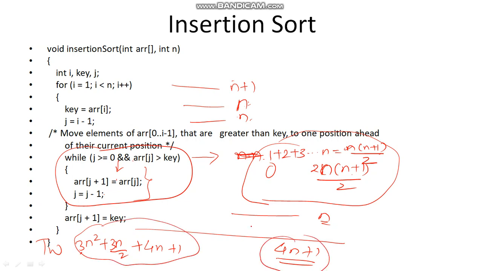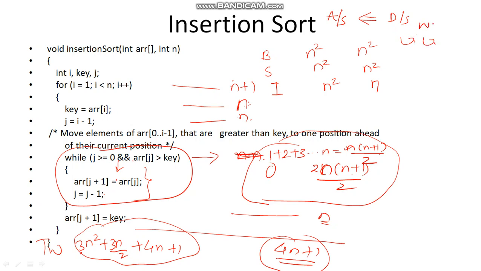In all the previous 3 sorting techniques, we found that the best case is n square and the worst case is n square for bubble sort. For selection sort, it is also n square. For insertion sort, the worst case is n square, but the best case is in terms of n. Let us try to find what the best case input and the worst case input are for insertion sort. In insertion sort, if you want to do the sorting in ascending order, and if your input is in descending order, in that case every time you need to shift the elements towards the right hand side.